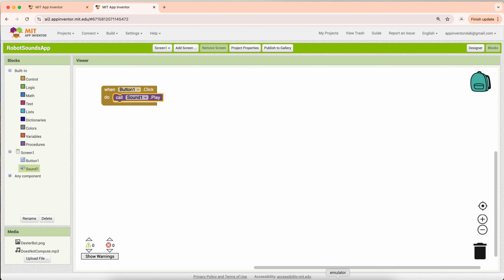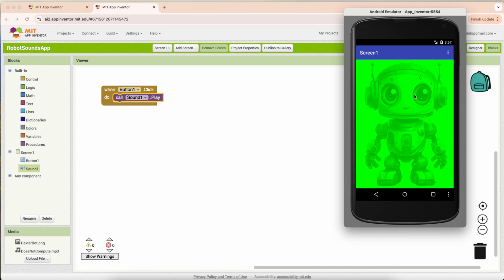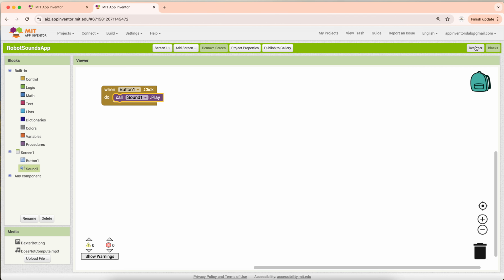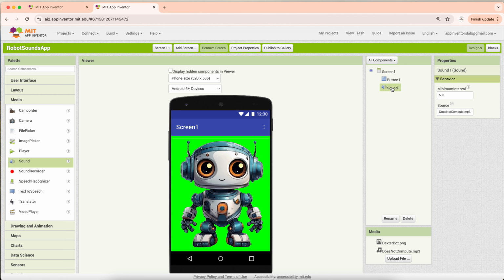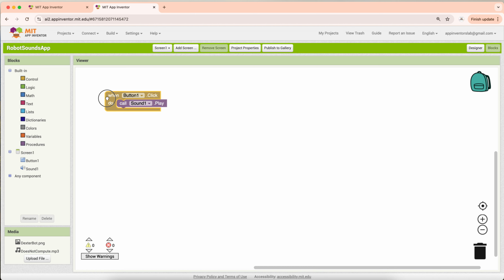Okay. And then double check, make sure you don't have any errors or warnings. And then let's go ahead and connect and see what happens. "Does not compute." There it is. Okay, perfect. So there is our simple, very basic app, just dealing with a button and a sound. We changed some properties on the screen. What else? We worked with image files, a sound file,